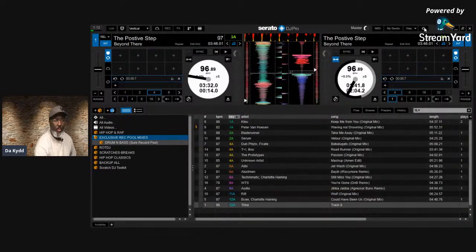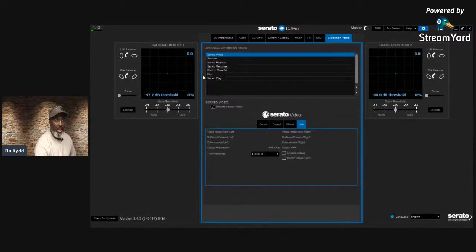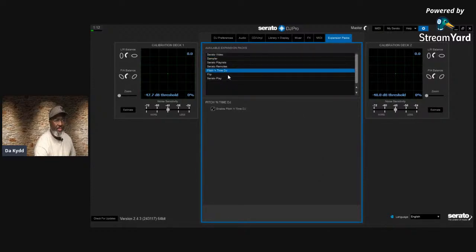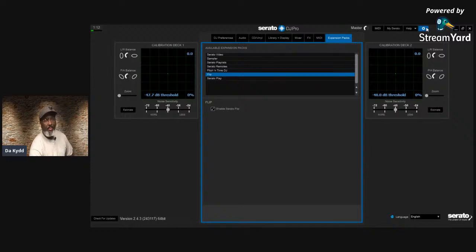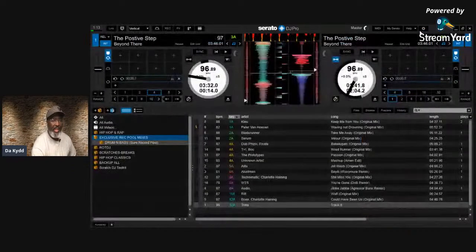All right, so now if I go back into expansion packs, I should have a lot more. And I do. I have pitch and time, it's enabled, flip and Serato, pitch and time and flip. And pitch and time is basically where whatever BPM, it doesn't change the actual pitch of the song. So it doesn't make it sound squirrely. It doesn't make it sound real draggy. It keeps it at a normalized,